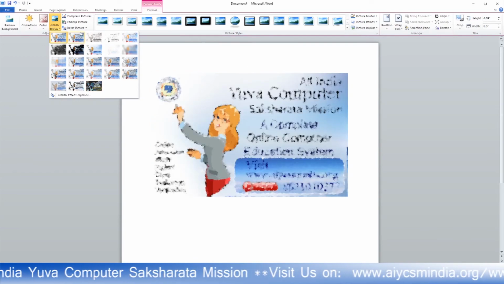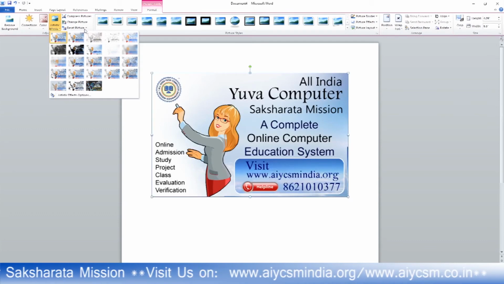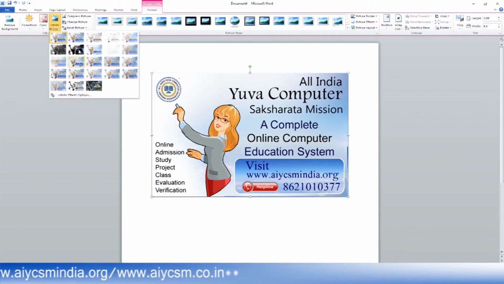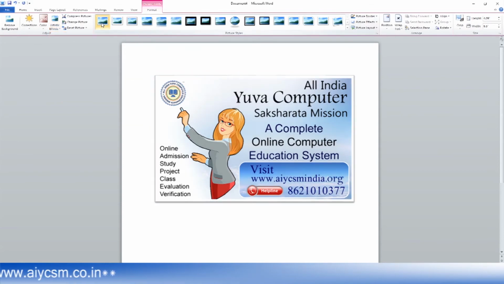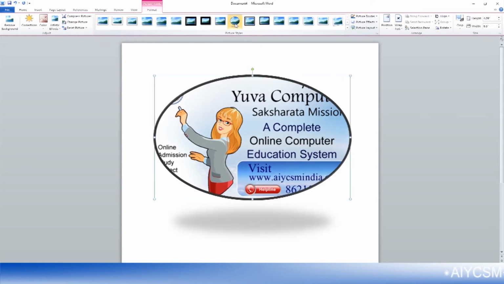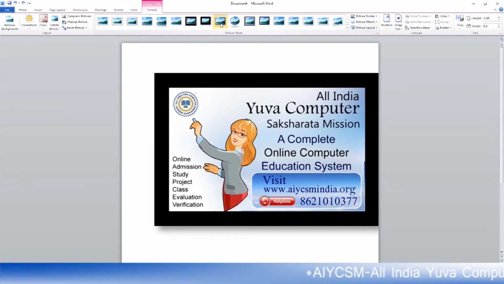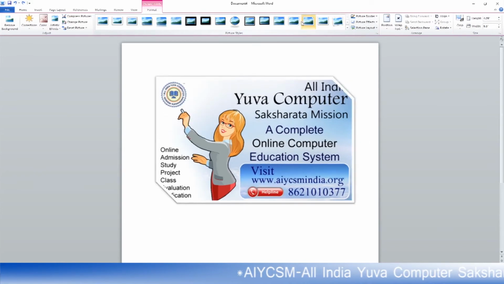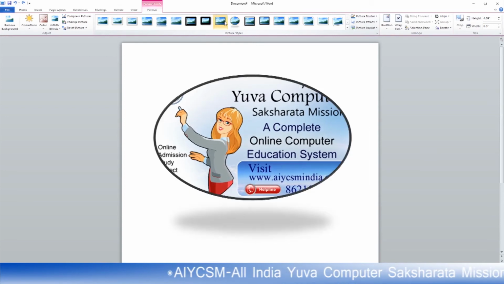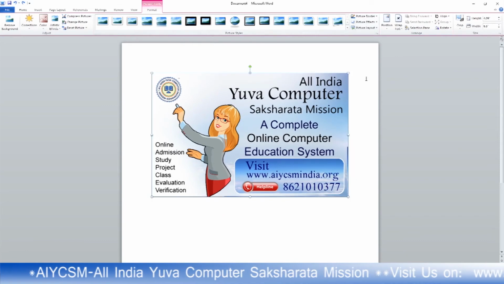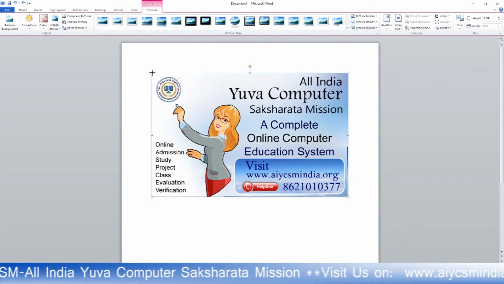This one, you can reset the picture size. This is our own picture, not a Word Art Gallery picture. This is our own picture which we insert from the desktop. You can change the picture shapes like that one. You can insert the frames. These are the different types of frames for this picture. I don't want to insert this type of picture frame. You can insert it like this one. If you move the cursor, you will see different types of frames will be applied to your picture.